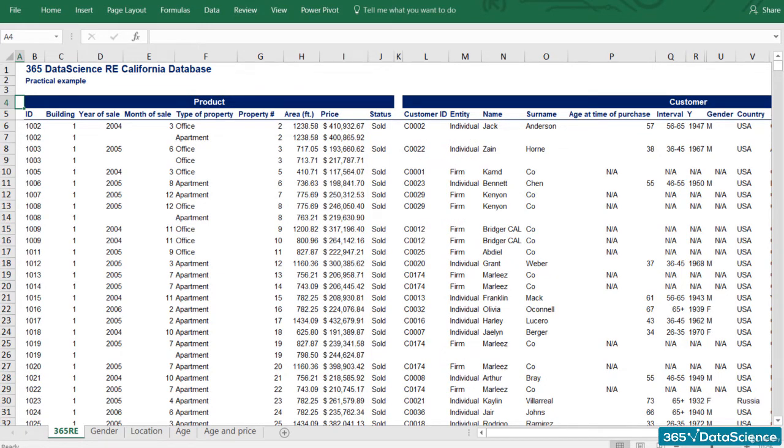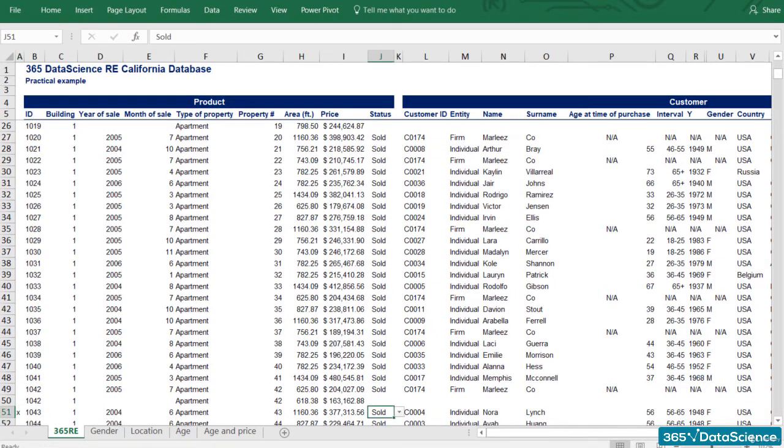Let's see what a row looks like. This should clear up the logic of the table for you. Nora Lynch, with customer ID C0004, was 56 years old when she bought apartment 43 in Building 1 in order to live there. She paid